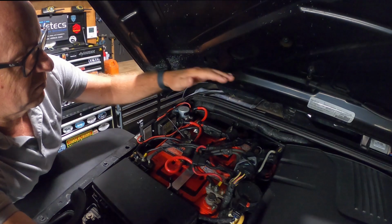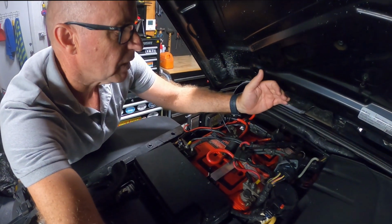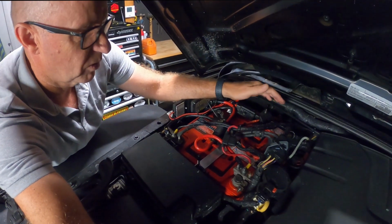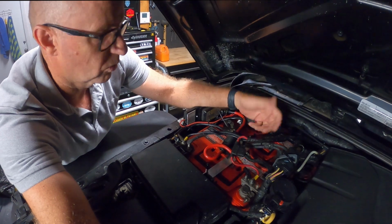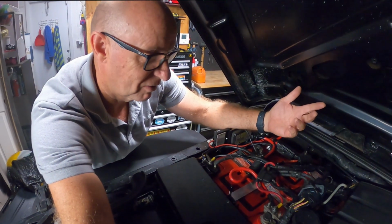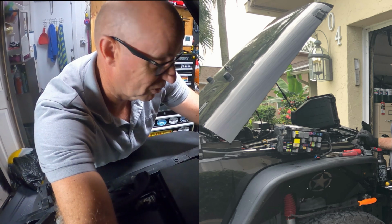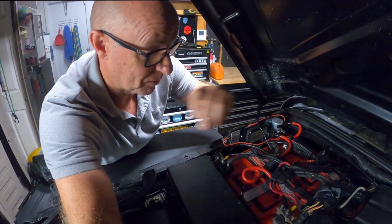Right, so I have my primary battery at the back, secondary battery in the front here. To install these, you have to remove the factory or the OEM battery box or tray. So I've taken that out. I'll share a picture of what the effort was to take that out. It was a whole day job to get everything out of here. You had to trim down some plastic